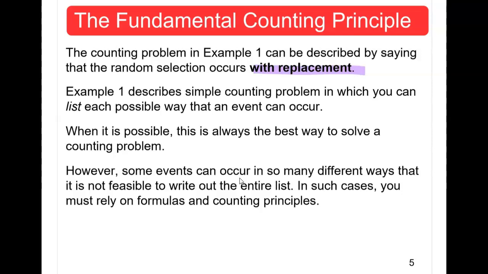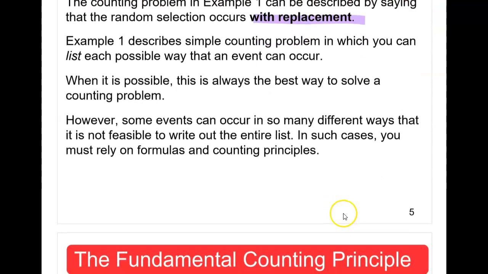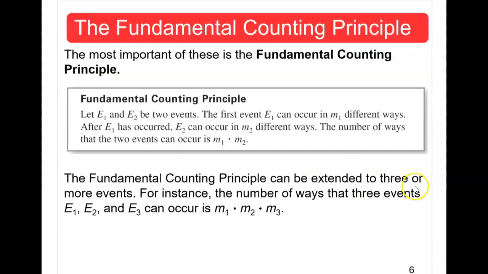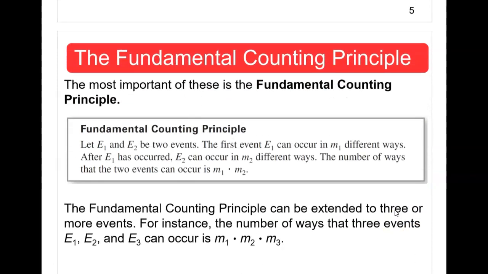Example 1 describes a simple counting problem in which you can list each possible way that an event can occur. When it is possible, this is always the best way to solve a counting problem. It's probably the easiest, and we're going to do some more examples in a minute. However, some events could be impossible to list because it would be a pretty large list. So in those cases, we will have to rely on formulas and counting principles, and those are the objectives of the section. So the very first method that we will use is what is called the fundamental counting principle,